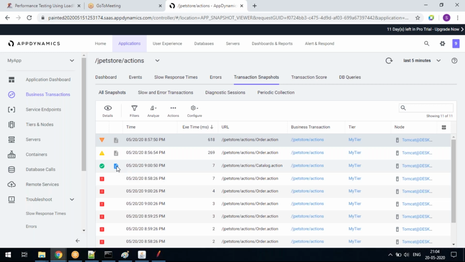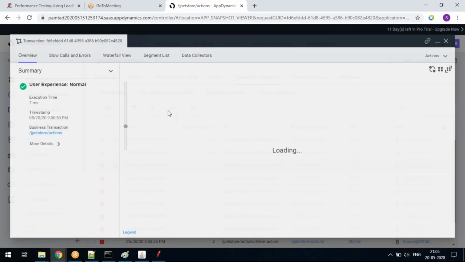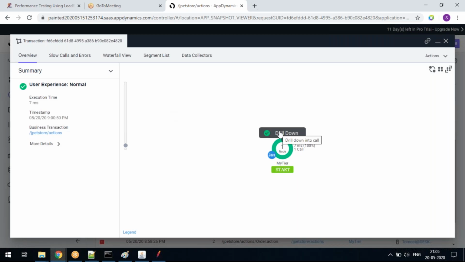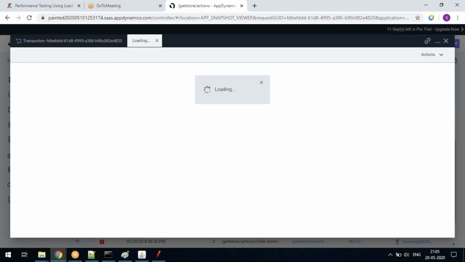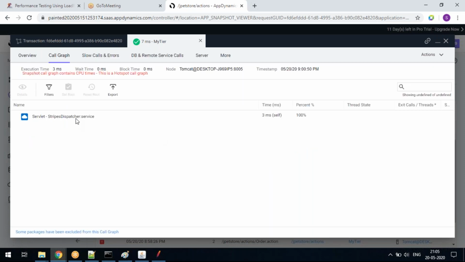Say if I double click this full call graph, it is actually showing green, because there is no health issue. I'm just showing you. If I click this drill down, it is green color. 7 milliseconds is not at all an issue, but since you asked, this is an endpoint. This is a loading. 100% of the loading happened in this request itself. So you are not worried about what happened further, right?